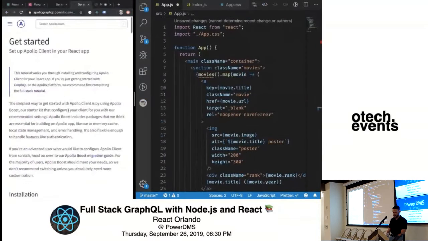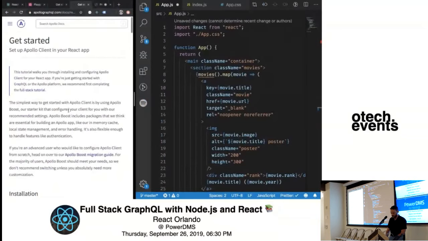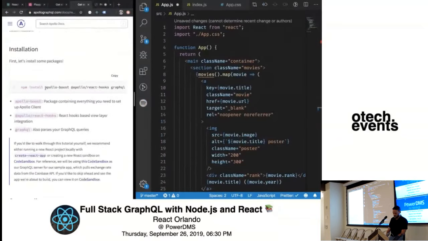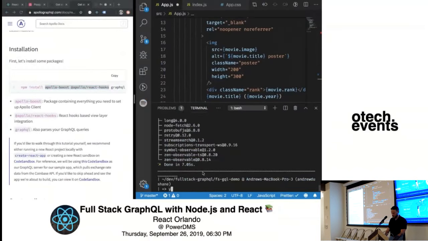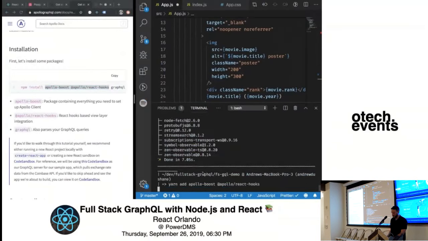This is like getting started with Apollo client in a React app. So we need some more dependencies. We already have GraphQL, but we don't have Apollo Boost or @apollo/react-hooks, which is the React library that gives us the provider and the hooks, the query and mutation hooks that we'll need. So just install those dependencies.